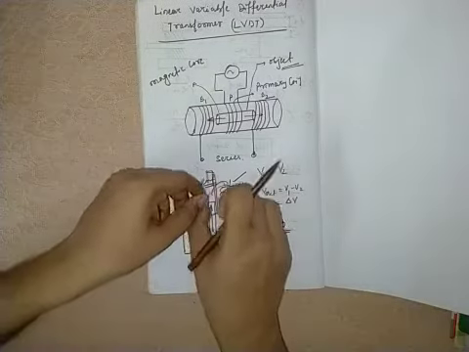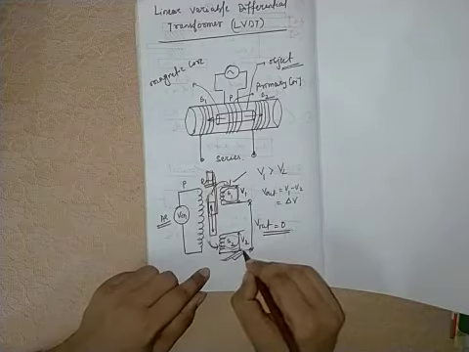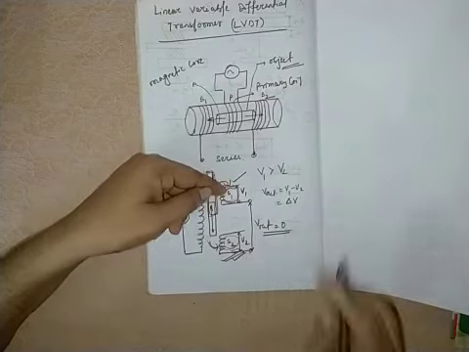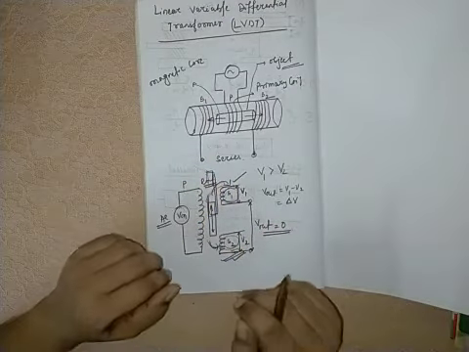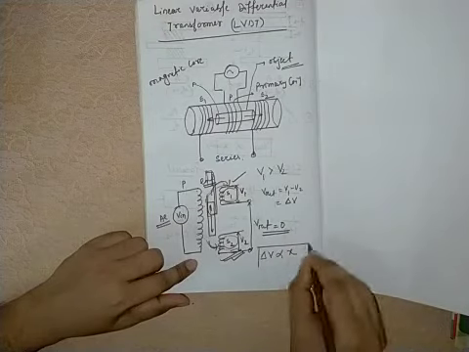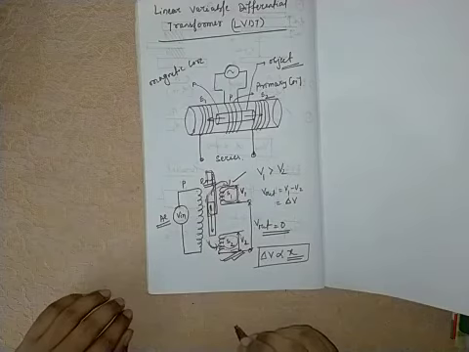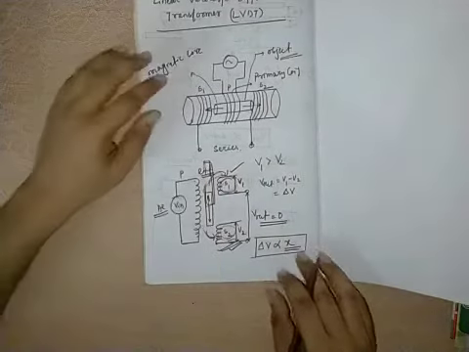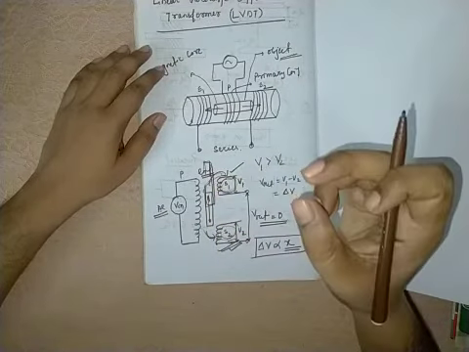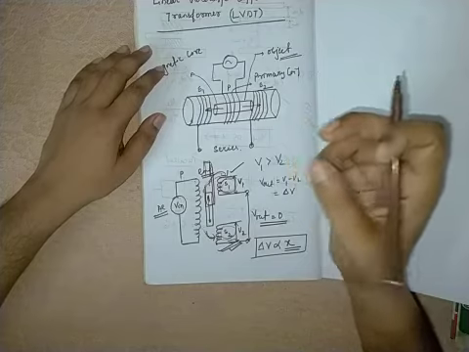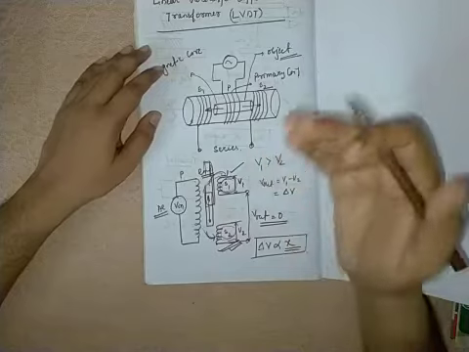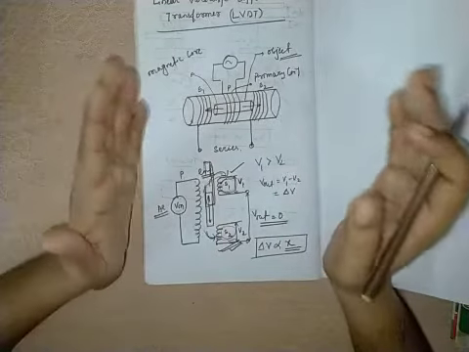Let it move in the downward direction: more voltage will be produced in S2 and less voltage in S1, so the difference of output will again be delta V. So this output voltage delta V is proportional to the displacement that I want to measure. So I am saying again, if the core is displaced from the central position, there is a resultant voltage from the coils, and if the magnetic core is displaced further, the resultant voltage increases in proportion with the displacement.